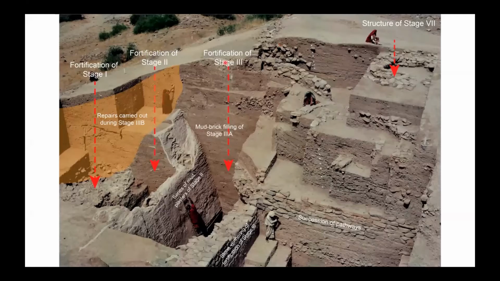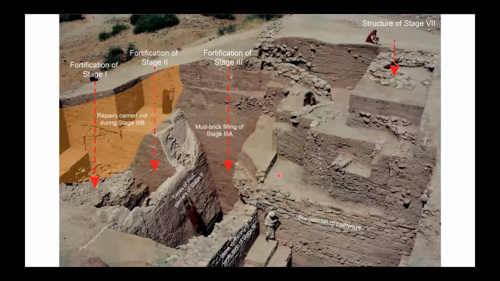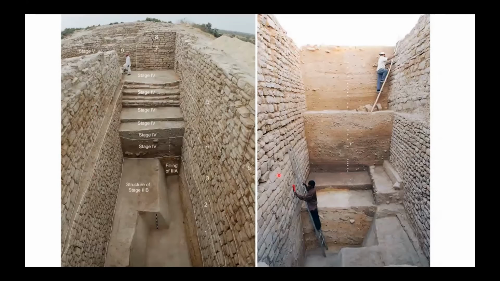There we can see different fortifications established in different periods of time, and during the Harappan phase, it emerges into a full-fledged settlement. All divisions were established within an overall fortification with clear-cut individual fortifications named differently as Castle, Bailey, Middle Town, and Lower Town. And we are going to concentrate more on this particular division known as the castle, the location of the castle, the individual aspects related to the castle, and how this could have been the house of the administrators or the